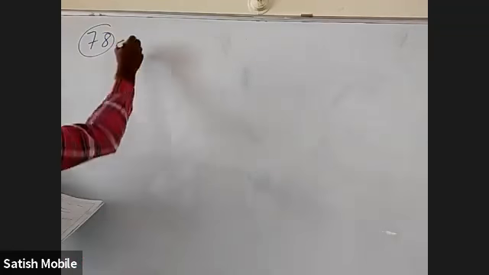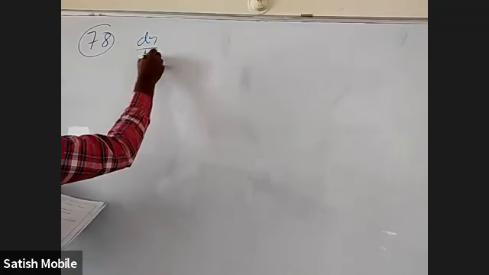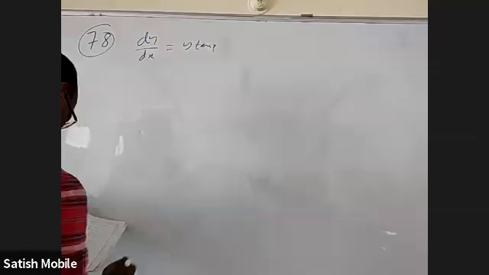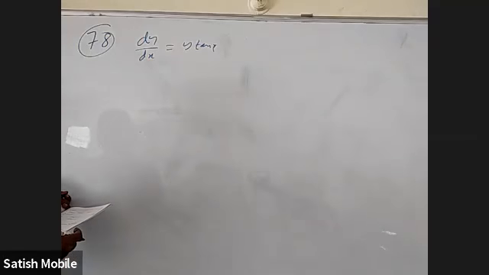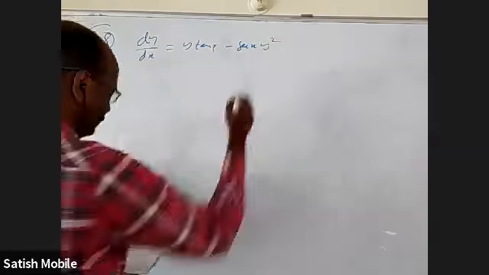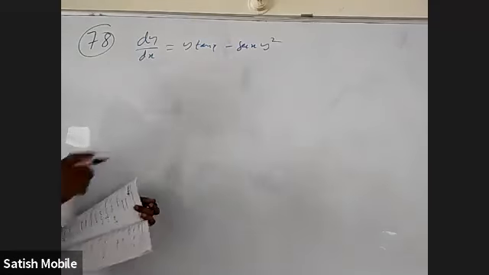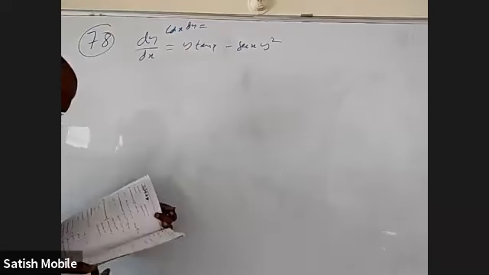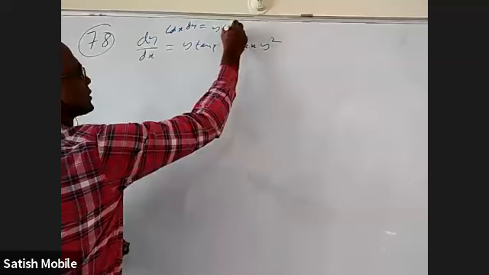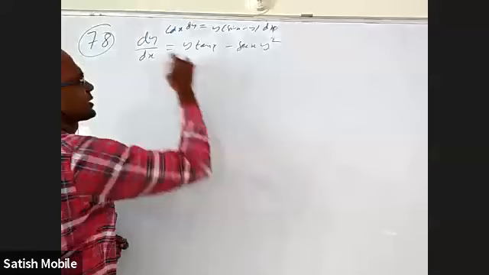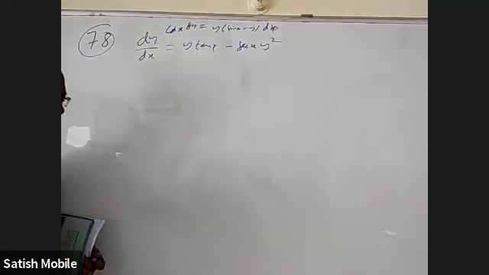Okay, 78. If I divide with dx, let me write dy by dx clearly. First of all, what I will be getting is y tan x minus y secant x y square. Okay, the question was something else. The question was actually cos x dy is equal to y into sin x minus y dy dx. Sorry, I brought dx here and divided with cos x and split this separately.